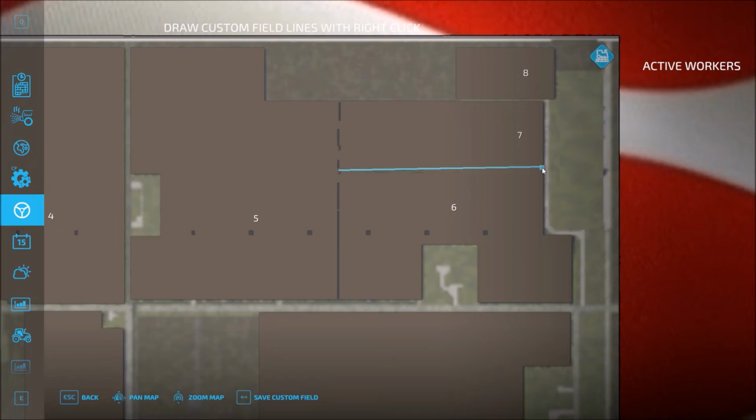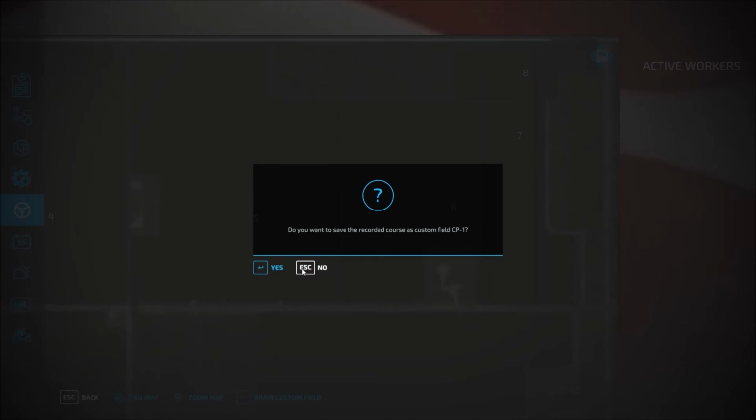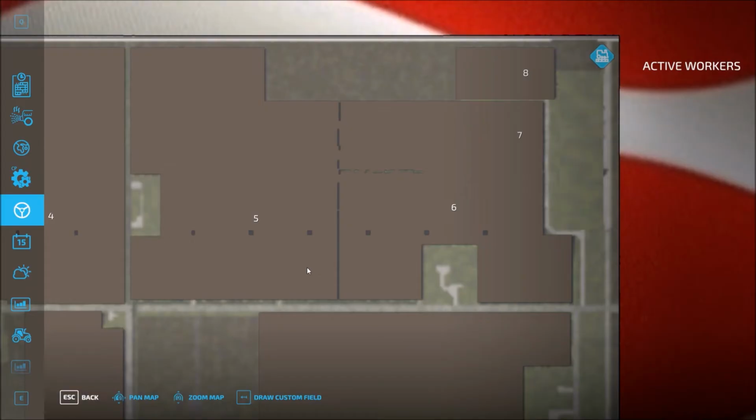All right. We have straight lines to work with, and we can visually see what we need to do. I made a little mistake there. Back up, start over. Kind of wanted to get this line a little bit straighter because now I have a visual reference. In theory, you could just do a little patch at the end of each field and then just use that as your visual reference. I like having the little bit of the gap there, though, because it just makes it easier to get it right. Especially if you're working with a plow, you don't want that venturing over into the adjacent field